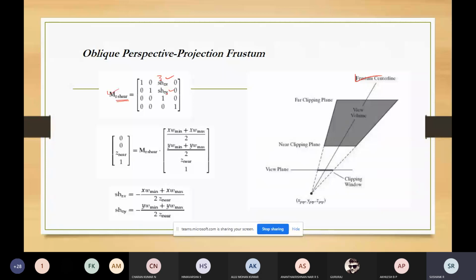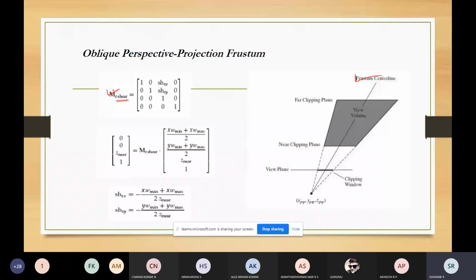Since we are talking about the shear transformation along the z-axis, we have some parameter that gives the shear value. What will this transformation matrix do? It will shift all the positions on any plane which is perpendicular to the z-axis by an amount which is proportional to the distance of the plane from the specified z-axis reference point.